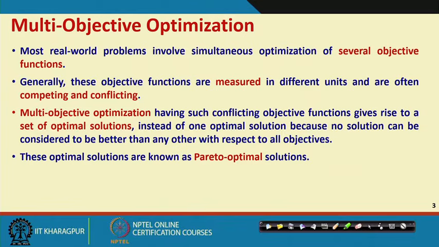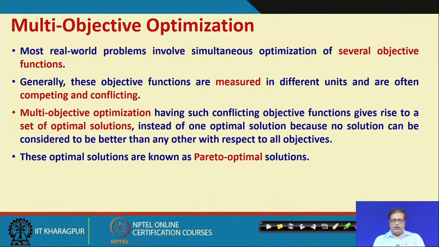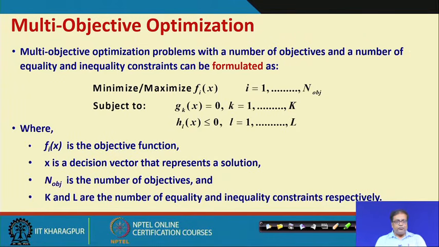because one optimal solution may not be available, and all these optimal solutions cannot be considered to be better than one another with respect to all objectives. With respect to one objective, we may find a particular solution to be optimal, but with regard to another objective, we may find another solution to be optimal. So, what shall we do? We shall call all of these solutions Pareto optimal solutions, but there is more to it, there is a specific definition. We shall come to it in due course of time.